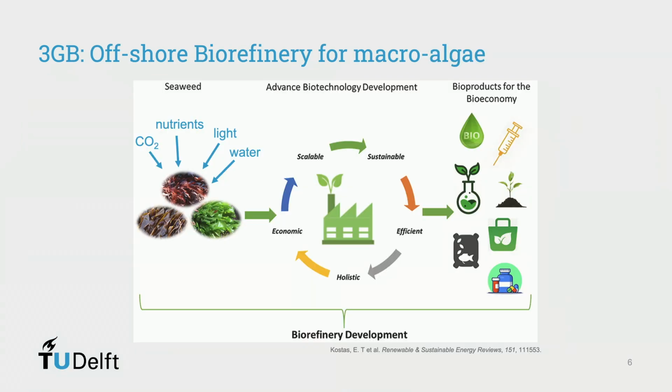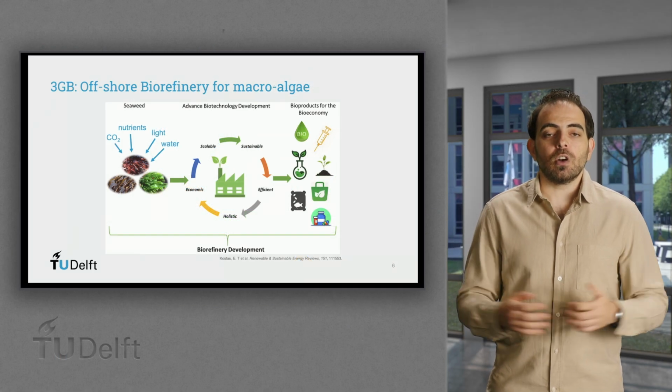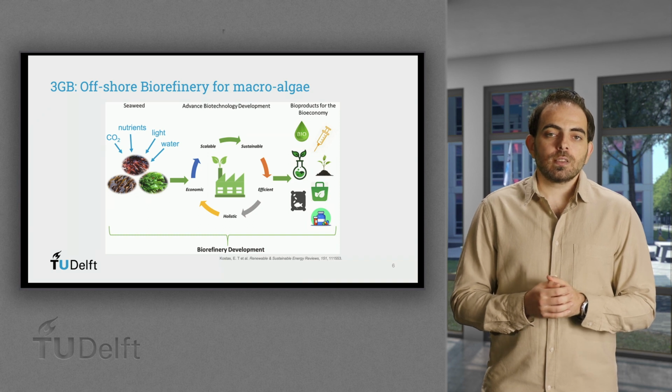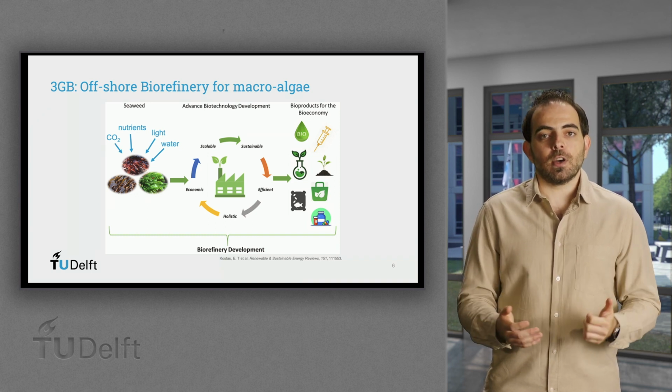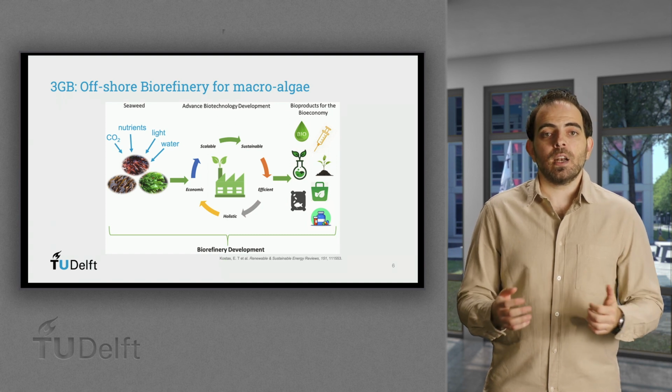Offshore biorefinery for microalgae cultivation and product recovery are also being developed, which would benefit from using feedstock naturally present in the ecosystem, such as CO2, nutrients, light, and water. Another advantage pertains from not requiring photobioreactors and the large area available for cultivation. Some challenges regard the harvesting, the offshore biorefinery platform itself, as well as transportation.